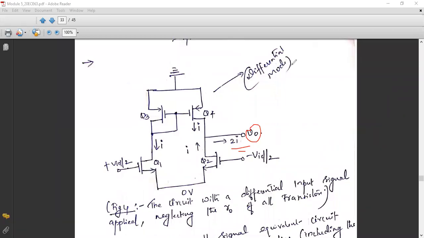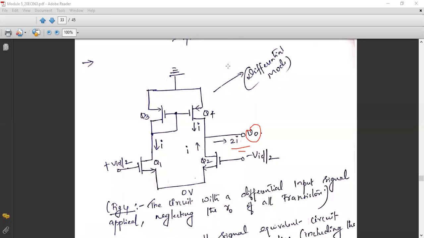So in that case, the gain is reduced to half. It is reduced to half on the normal scale, and in the dB scale, it is getting reduced by a factor of 6 dB. So that is not happening over here, because by using a current mirror circuit connected over Q1 and Q2, and because of that matching phenomenon, that is Q3 and Q4 both being perfectly matched devices, I am getting 2 times of I. 2I as a current towards the output node, and thereby I will be able to maintain the same output voltage whatever I'm getting in the differential or double-ended mode.